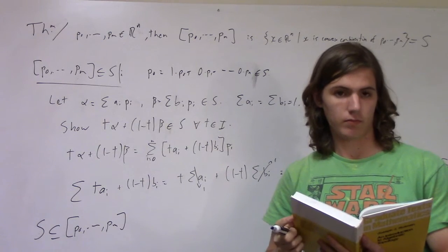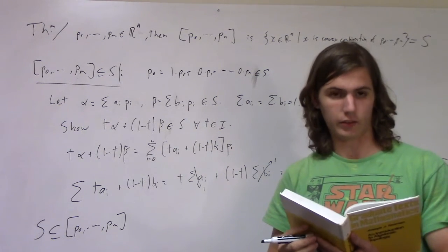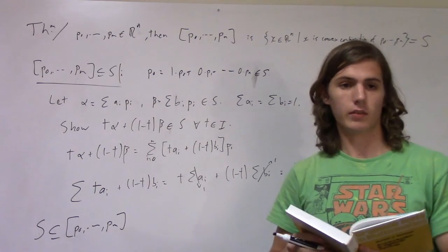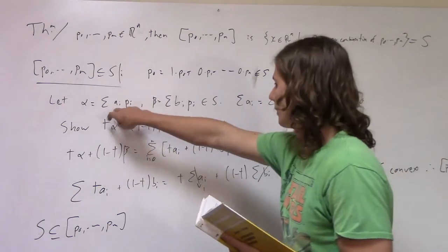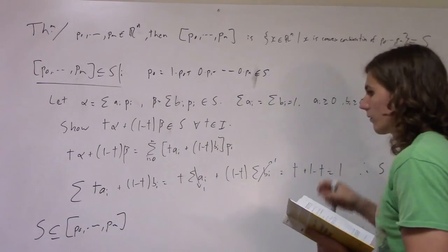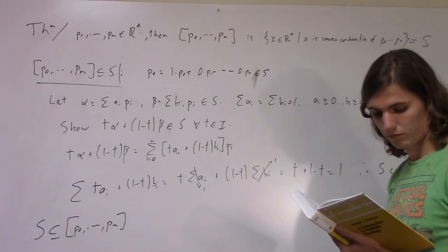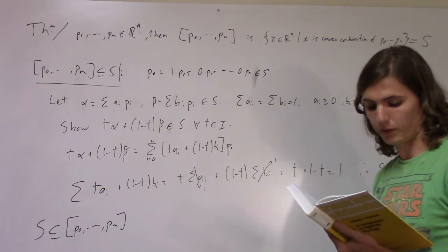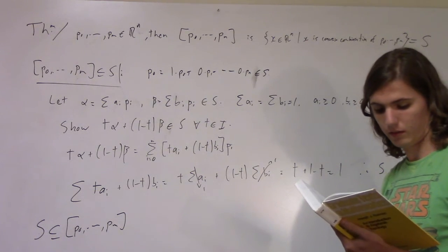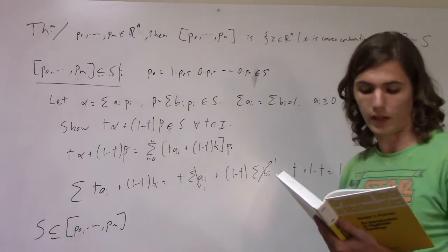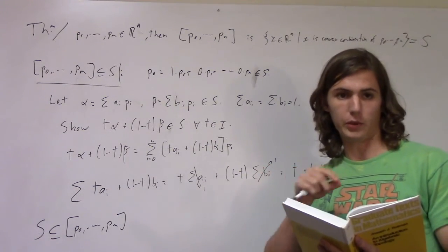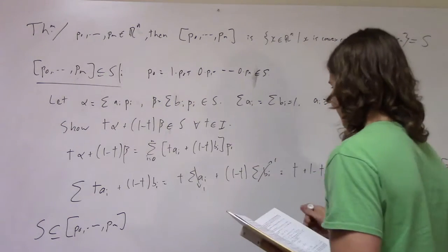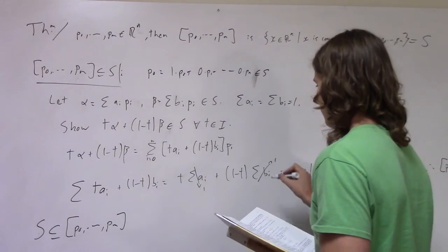So what are you assuming about S? That it is the set of convex combinations of T_k equal to 0 to k, P_i, which is how we get alpha and beta being elements of S. I see. So the fact that alpha and beta are convex combinations of these points means that they're elements of S, by construction. Exactly. And the same with the points on the line between them. That's how we show they're elements of S. The fact that they are a convex combination makes them a member of S. Okay, gotcha.